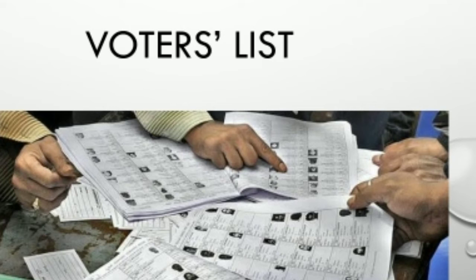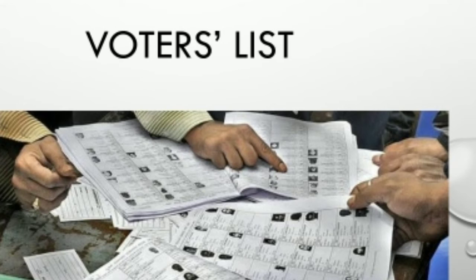Suppose this is one constituency, the area in which we are living. A person will come from the Election Commission side and ask your age, your gender, your name, and take the details. After that you will be counted as a voter from this constituency. This is how the voters list is prepared, with how many voters there are and how many voters will be added this year. All things will be written in the voters list.